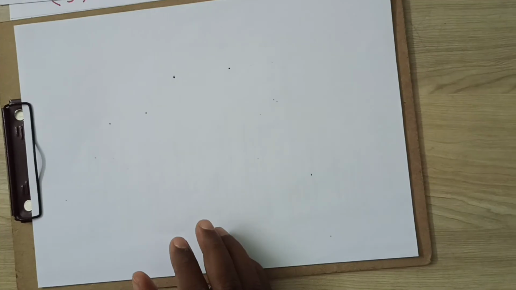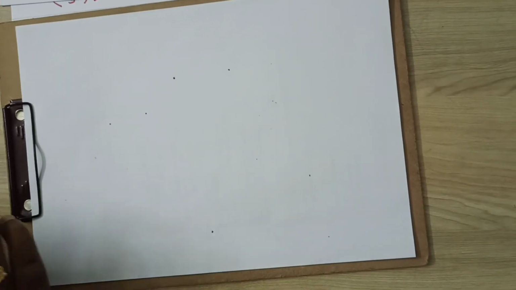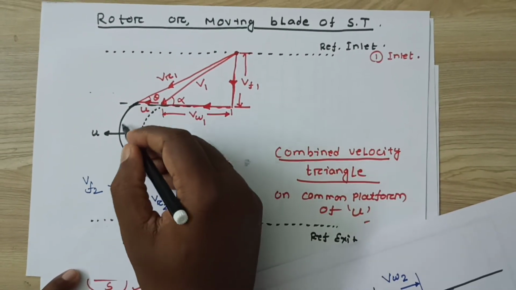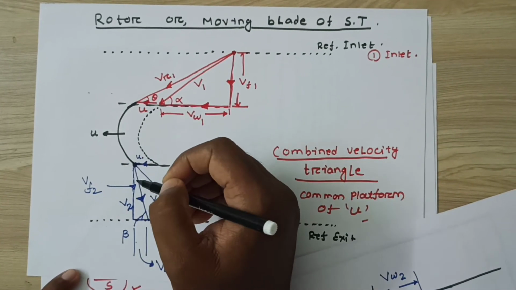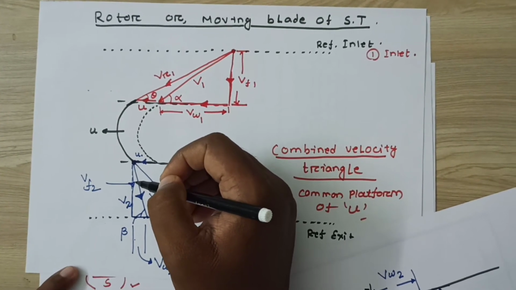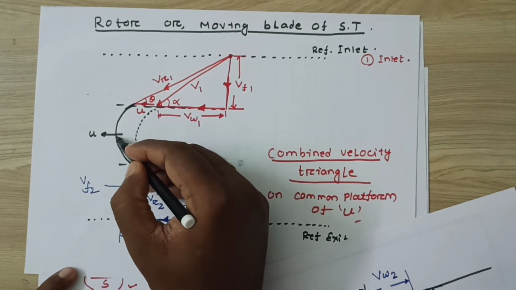The first relation I want to develop is your force. Here, as the steam is getting inside this, you can see as the steam is getting inside and it is moving out like this. So as the steam moves out, because this is a momentum transfer, the momentum transfer will take place due to the action. And what is the action? The action is that the steam is getting impinged here.